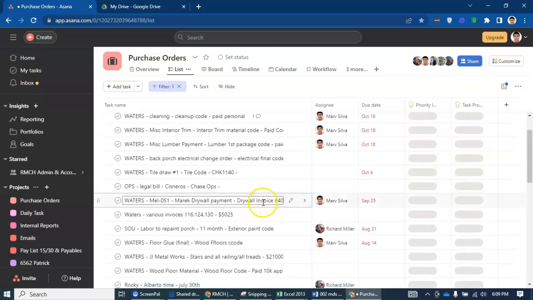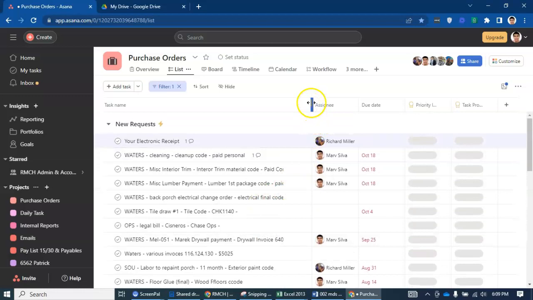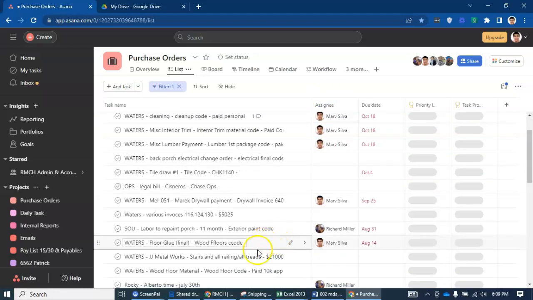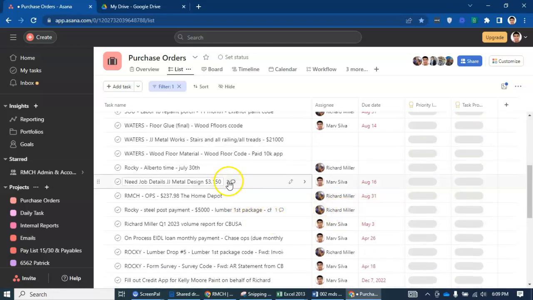There are some tasks that were already replied to, which I asked earlier, and you can see that through here. You can see a comment, for instance, this one.